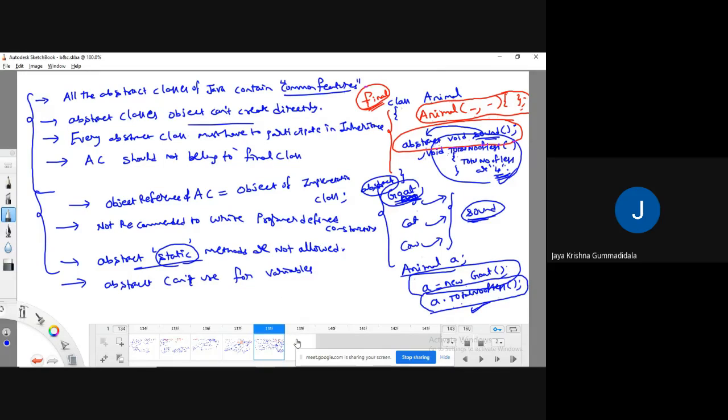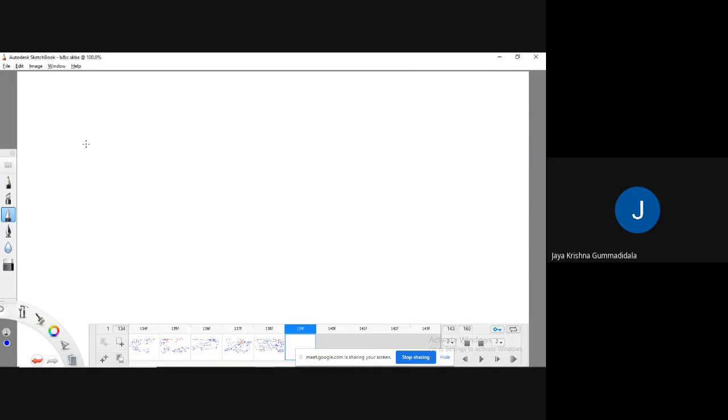Okay, fine. Now, you know the object-oriented principles, right? Among object-oriented principles, one of the principles is abstraction. Abstraction, you know, right?